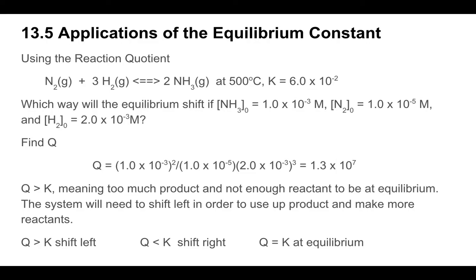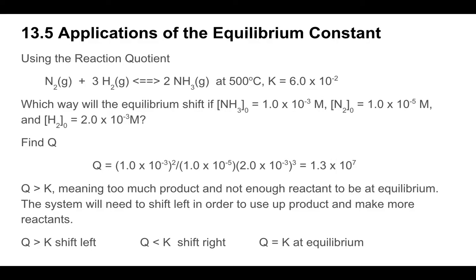Well, 1.3 times 10 to the 7th is much bigger than the K value, which is 6 times 10 to the minus 2. So we're definitely not at equilibrium here. In fact, our Q is much too large to be at equilibrium. Q is much larger than K. So that is telling me that my product over reactant ratio is too large. I have too much product and not enough reactant in order to be at equilibrium. So in other words, the product is going to begin turning into reactant in order to get me to equilibrium. Or another way of saying it, the system will need to shift left. We'll need to use up some product and make some reactants to get our ratio correct